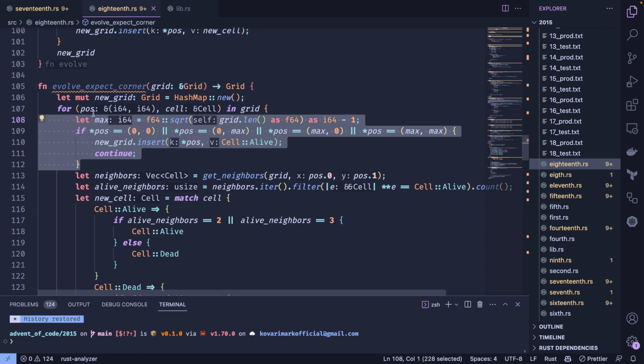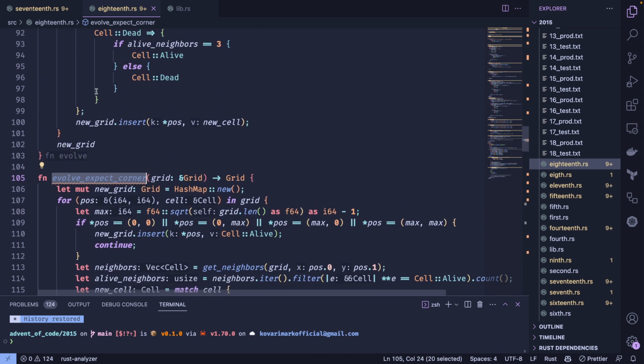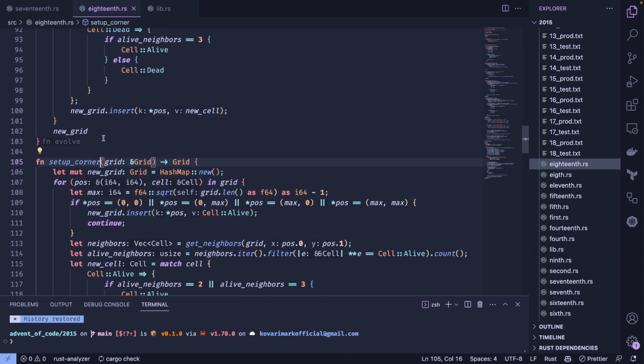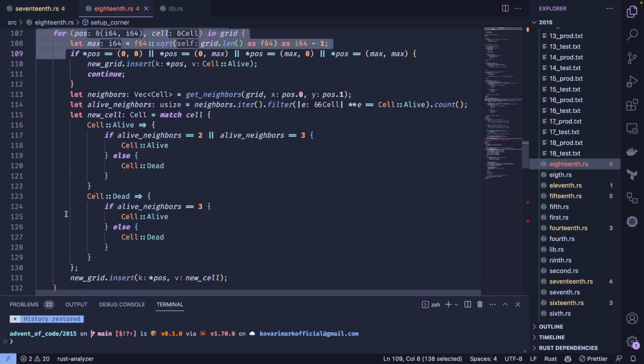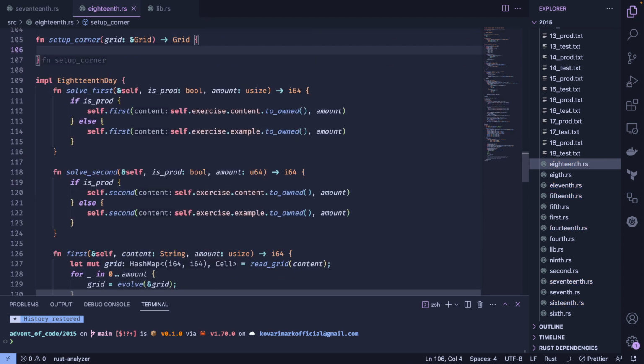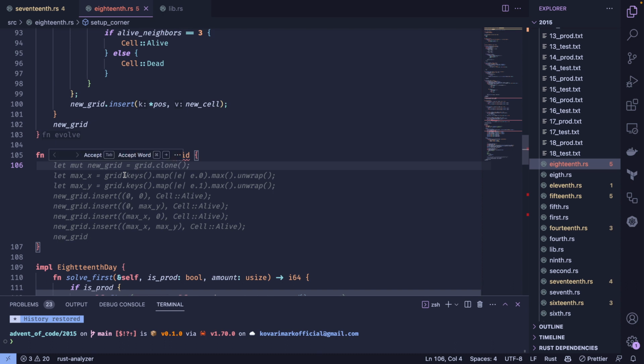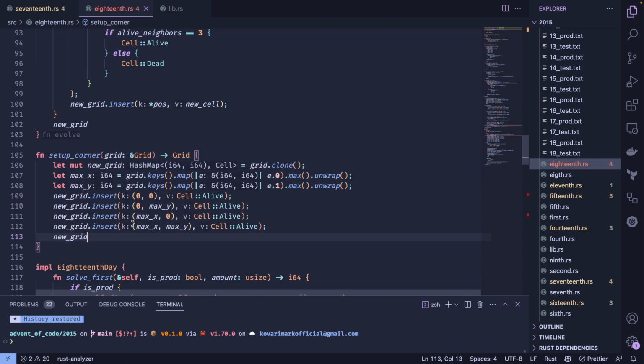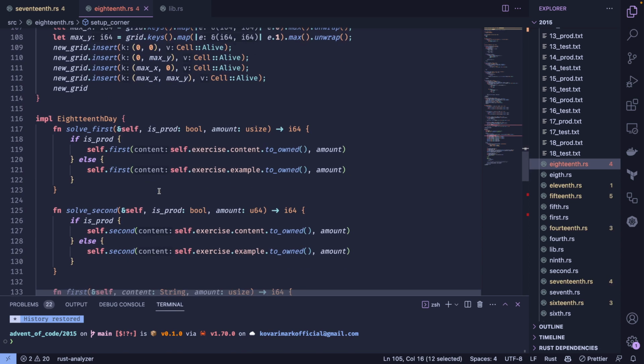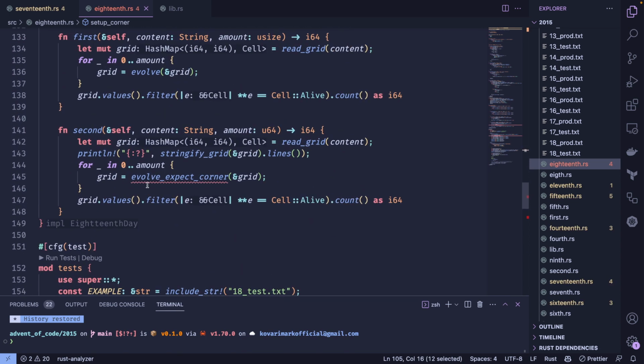I'm not sure. Maybe we should just do the setup corner, and maybe we should do the whole crazy thing after every step. Can we do this? Because we should just set up the thing here,